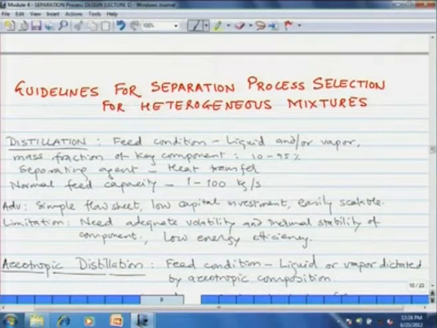Another problem with distillation is when extremes of temperature and pressures are encountered. For example, if the vapors at the condenser condense at a temperature lesser than, let us say, 20 degrees centigrade, which is a typical entry temperature of cooling water, then you will have to give a special utility for that condenser, for example, chilled water. If the condensing temperature is even below, let us say, 5 degrees centigrade or even 0 degrees centigrade, then you will have to go for refrigeration.